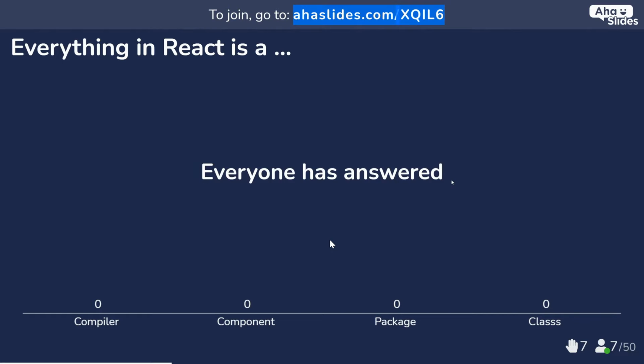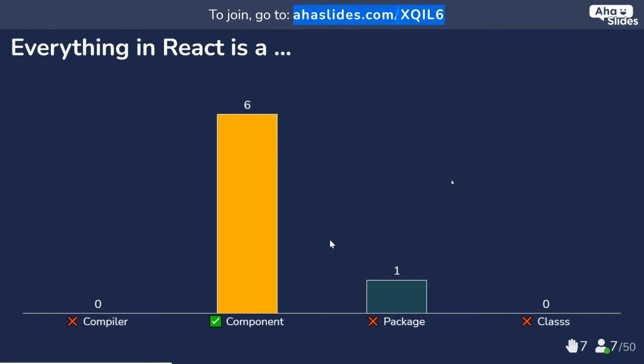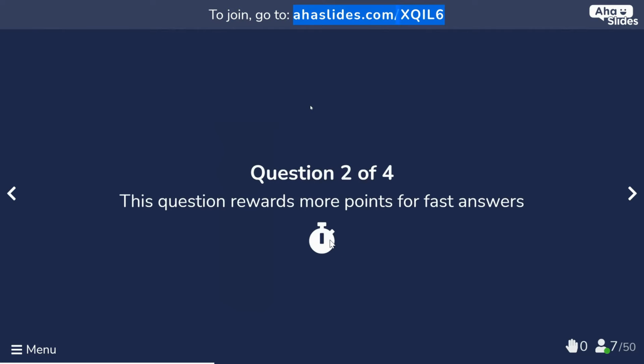All right. Cool. So everything is a component, and everything is a package. That's usually about Node.js, but sure. So everything in React is a component.